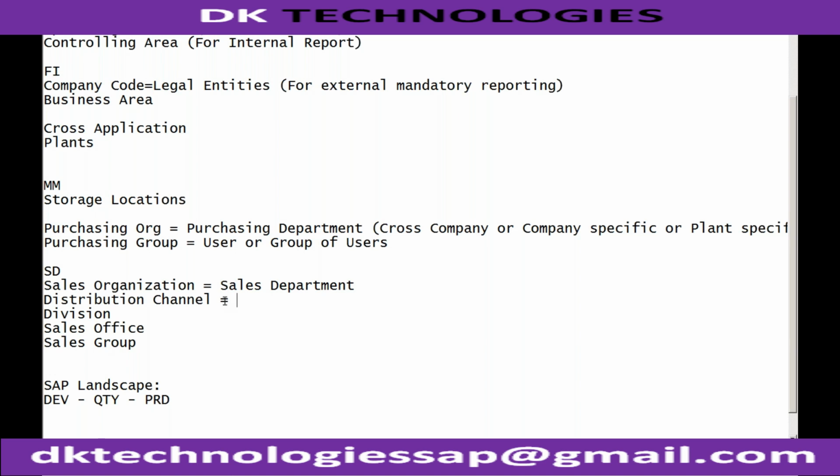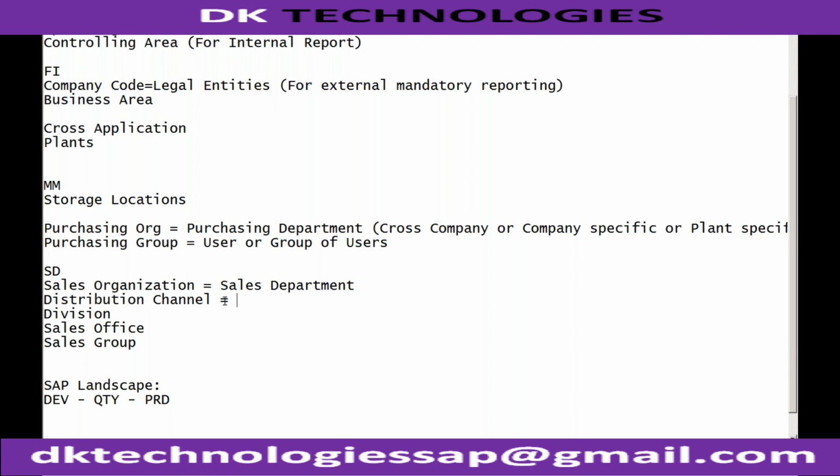These are examples of different distribution channels. Retail store, yes, retail store. If you have a retail store, there also you can go. Even locations also. So it is not only whether it is online or physical or an application or a store. Even different stores can also be treated as distribution channels.